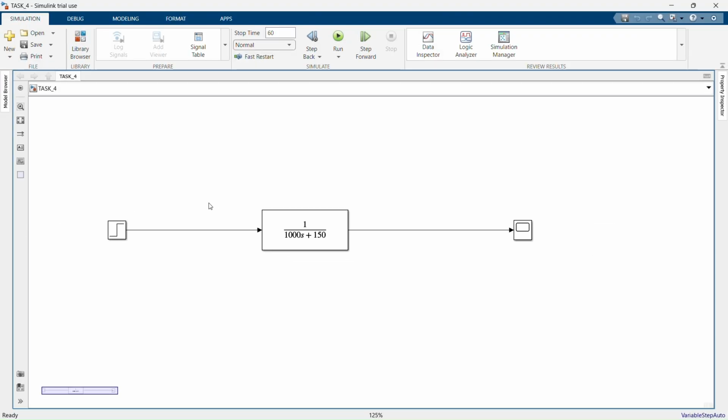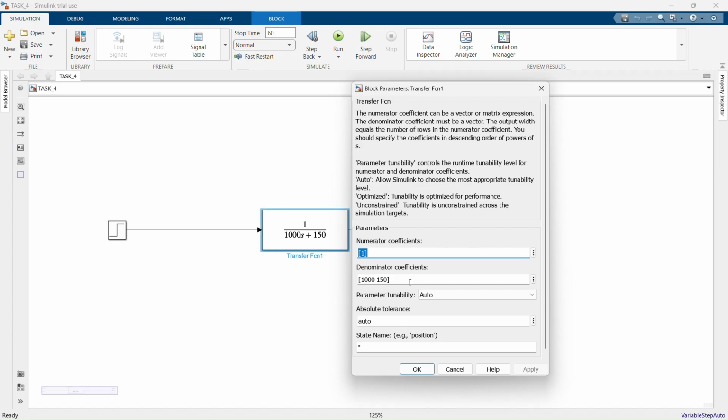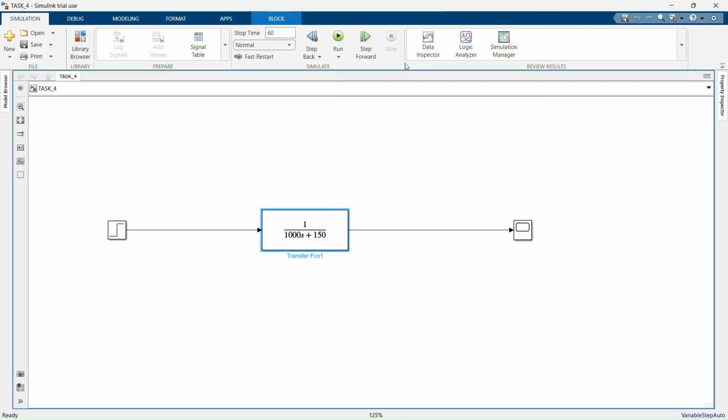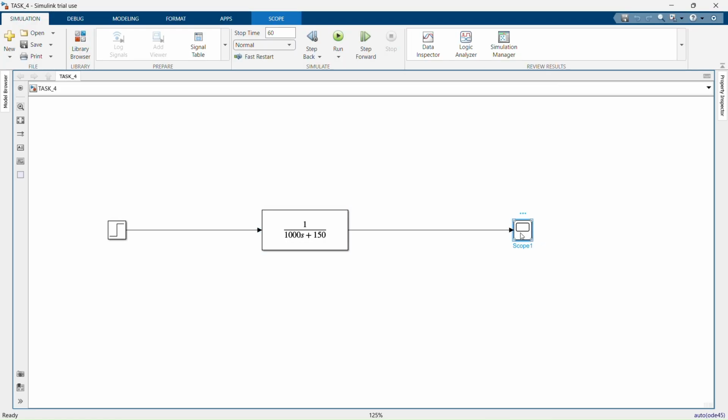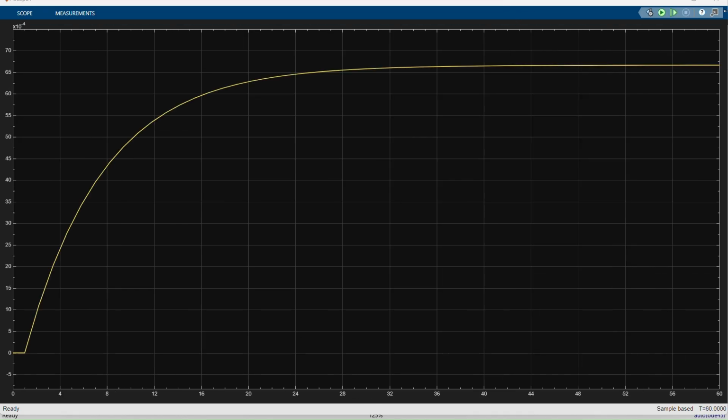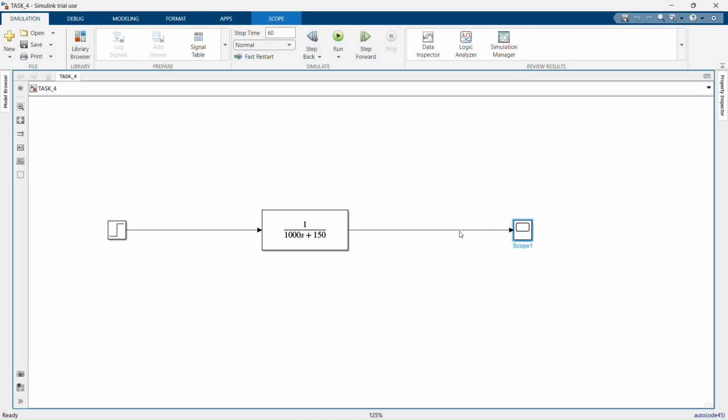First task, task 4, which is 1, the number of coefficient, and then you have to enter the mass and then the B here, or the coefficient of friction. So now you will just run it and see the result. Okay,